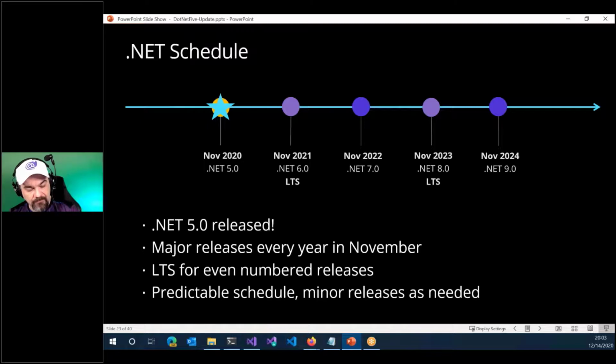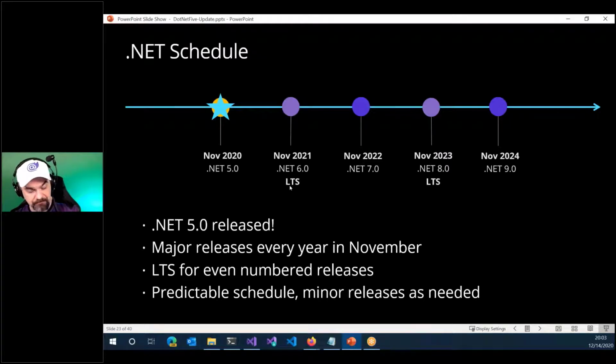You have until November 2022, you'll have full support for .NET Core 3.1. .NET Core 3.1 came out in November, December of 2019. So you'll have 3 years. That takes you out to 2022. So you'll actually have a little bit of overlap where there will be 2 LTS support versions available, 3.1 and 6,